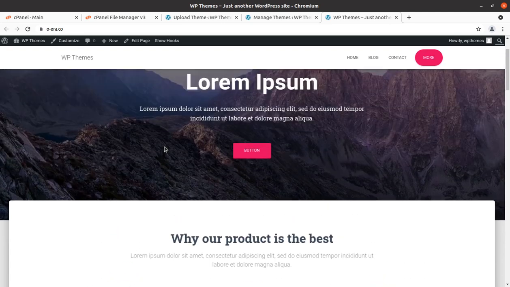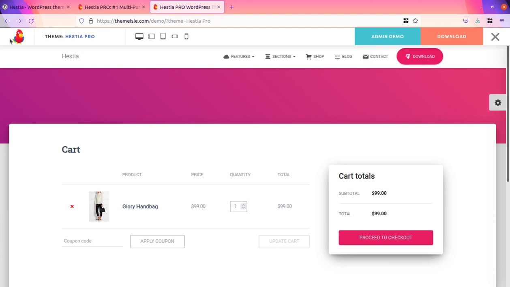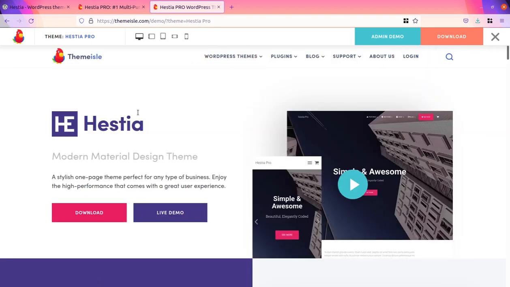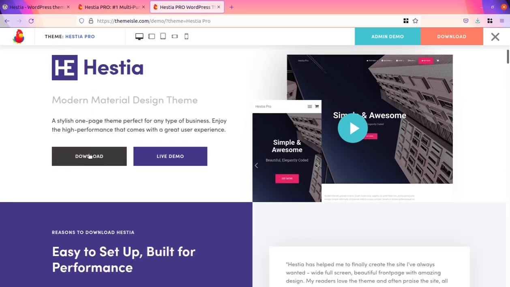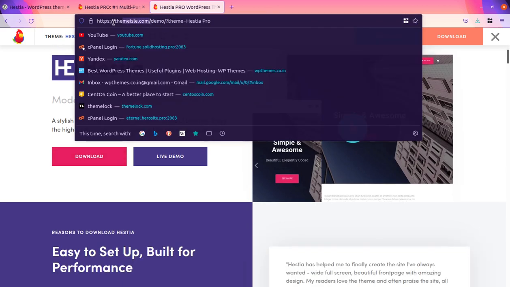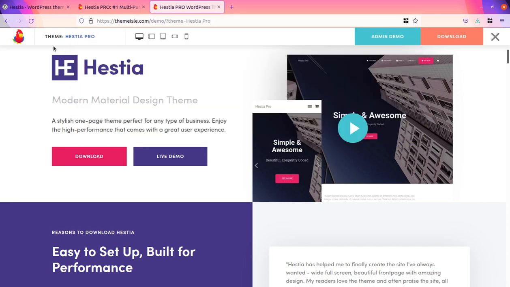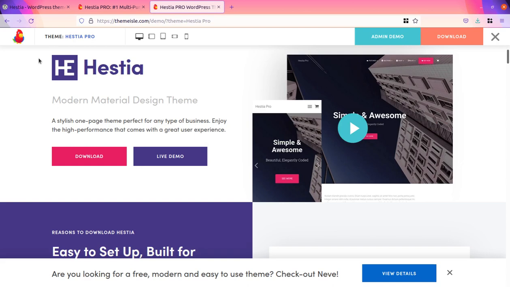And up to this part, this theme is available for download. As I showed you, you can download the theme Hestia, of course, and the link will be available in the description of this video. You can download Hestia using this link, themeisle.demo, and start using it for your website.